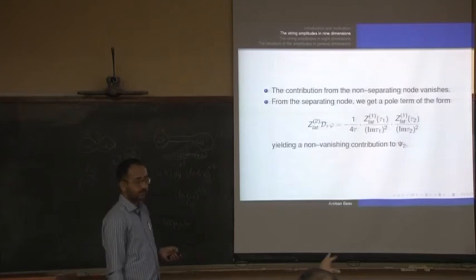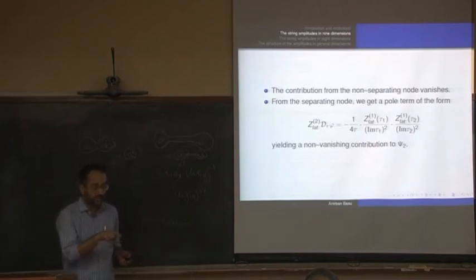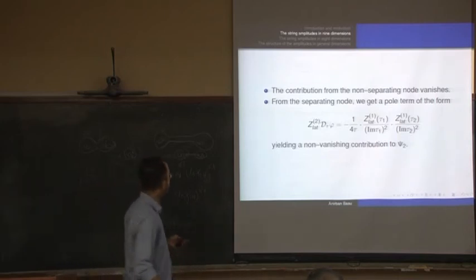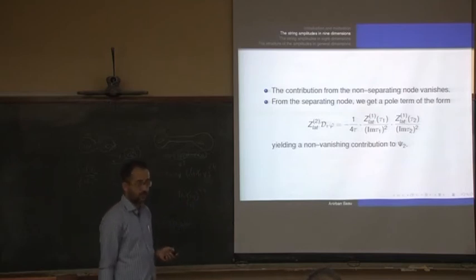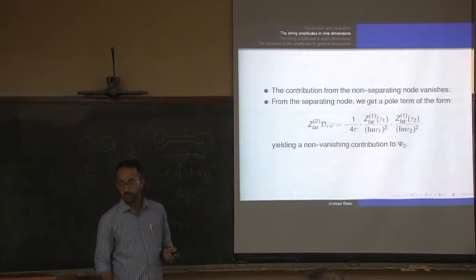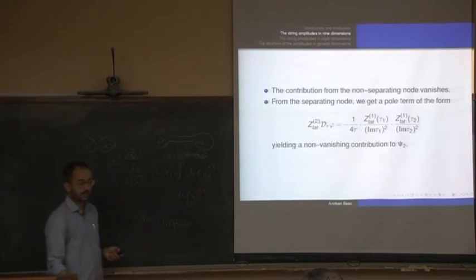And this 1 by tau is a propagator, is it? No, this comes from a derivative. See, del tau of phi: phi in the non-degenerating limit from the separating node actually has a log tau. So that gives you 1 by tau. That's the only reason that this contributes. But if you give a physical interpretation of it, isn't that somehow the length of this tube? Yeah, because of the graviton.